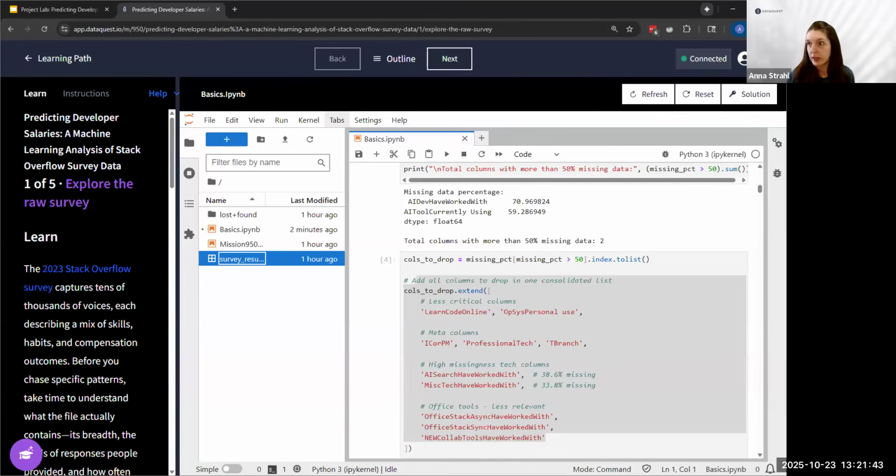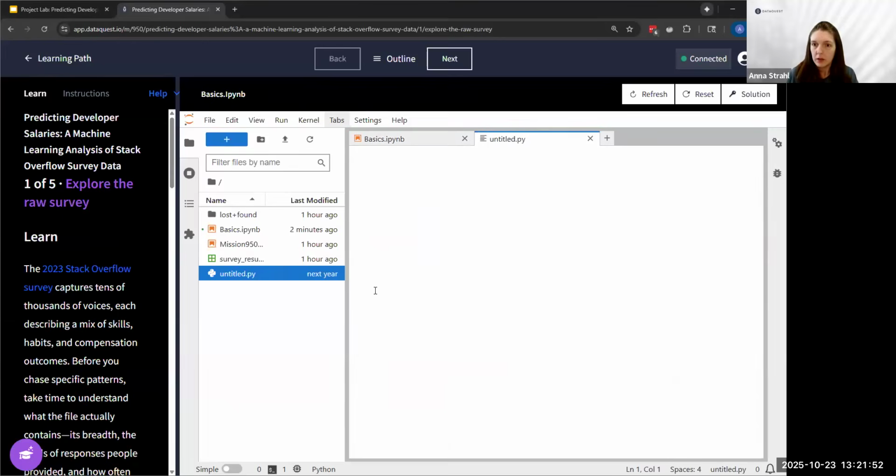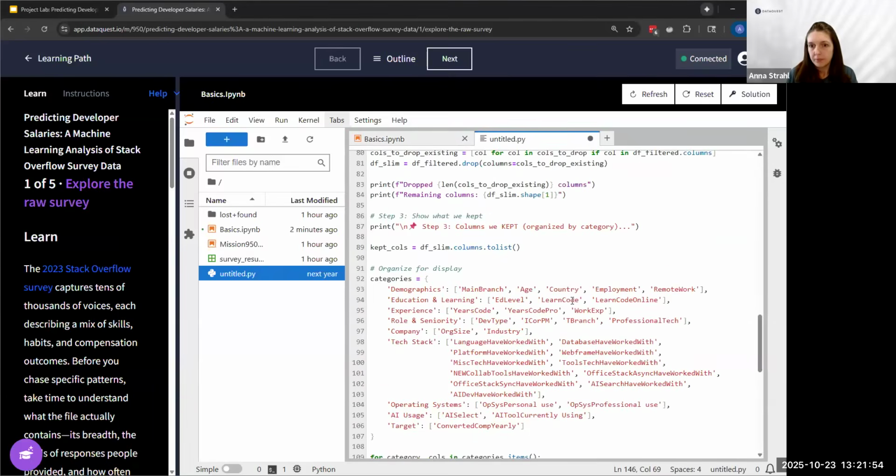I can show you my code for that actually. I knew what columns I wanted to drop, so I had AI help me with that.